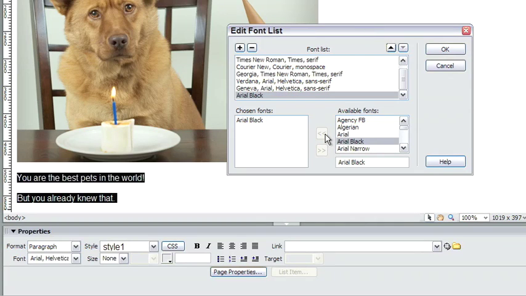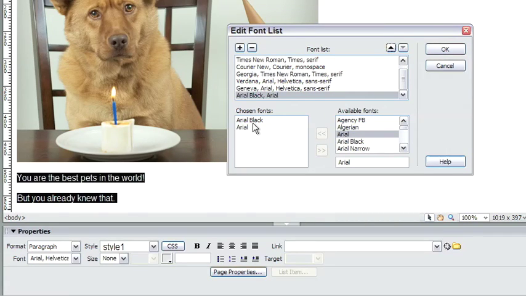And now remember, if your user doesn't have the font, you want to give them an alternative. So a good practice, if you're going to use a font that's a little more obscure, is to use another font that's more common. So if I'm going to use Arial Black as the first one, you see it's listed here now, then I might want to choose a second option like just plain Arial, and simply select it,